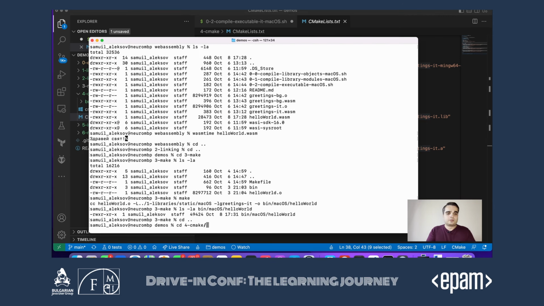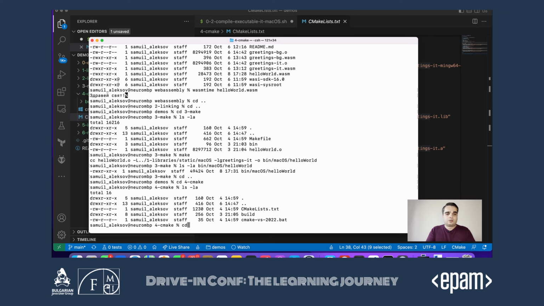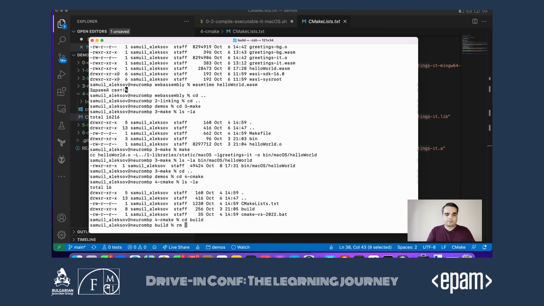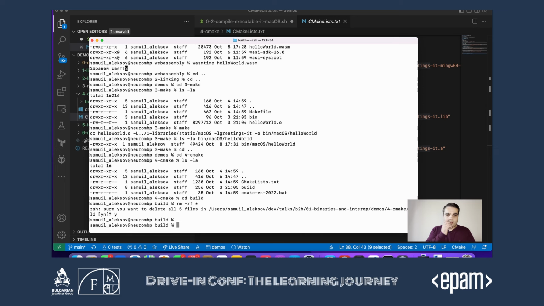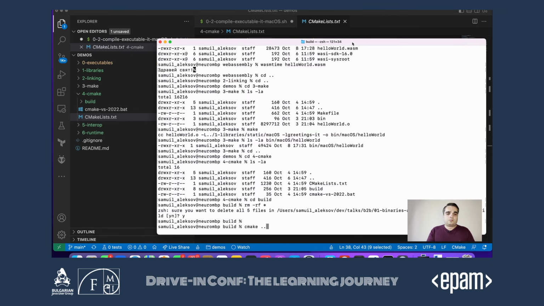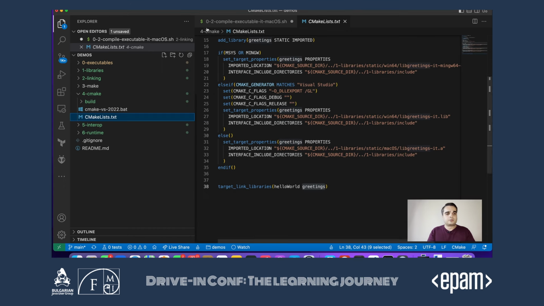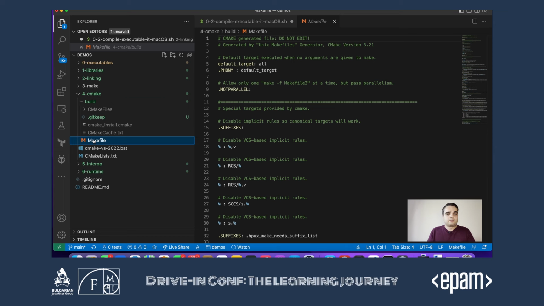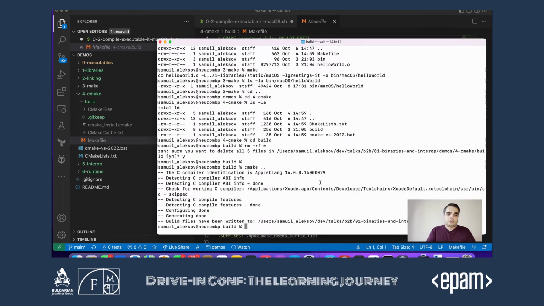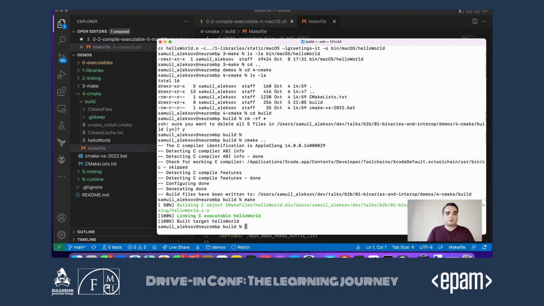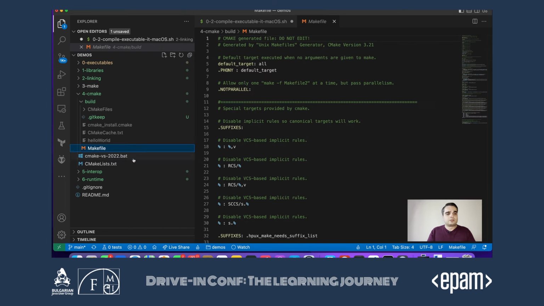The way we use it is that, generally, the convention is that we have a build folder. In this build folder, we run CMake from the previous level, where our CMake lists file is. It's going to configure our program and produce a make file in our build directory, because this is the default generator. By default, it's going to produce a make file. And if we run this make file, our program will compile and link. So you see, it's a little bit more elegant way.